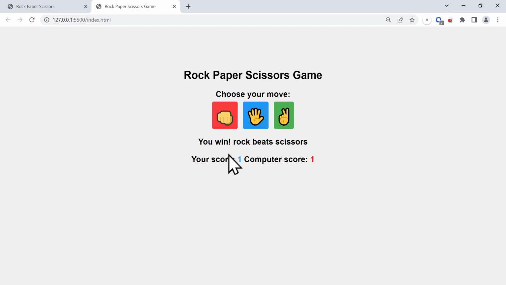If we continue playing the game, this time we manage to win, since rock beats scissors and our score increases accordingly. That's because our chosen symbol was rock, and the computer happened to select scissors, resulting in a clear win